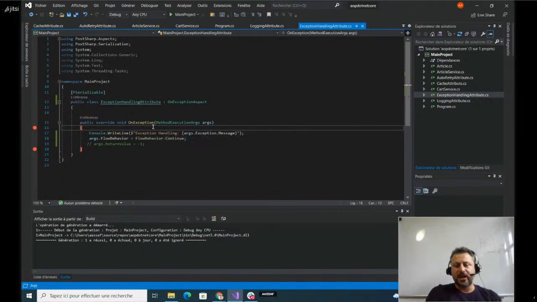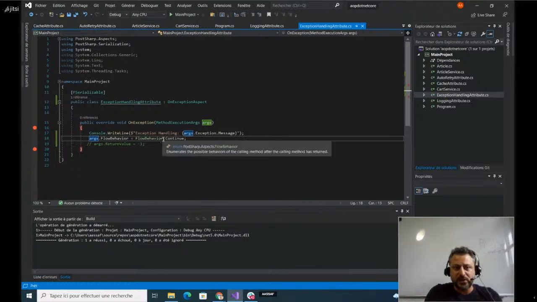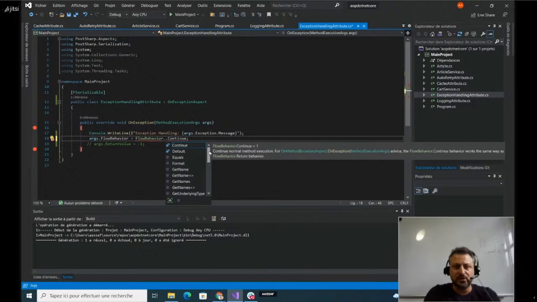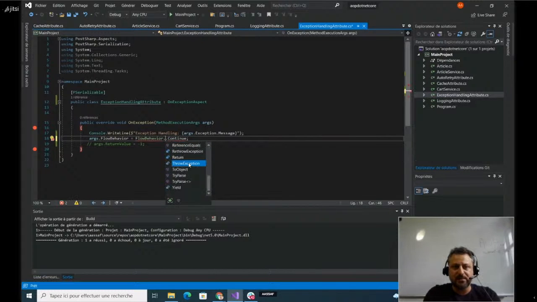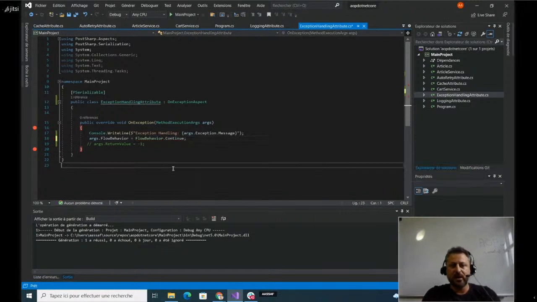And here I have overridden the method OnException, and simply I will write a message in the console and I will define the flow behavior. Here I can define if the exception should be rethrown in order to be handled by another layer in my program, or there are different values of the flow behavior. I can continue, I can rethrow, throw exception, I can return. All of these possibilities are provided.